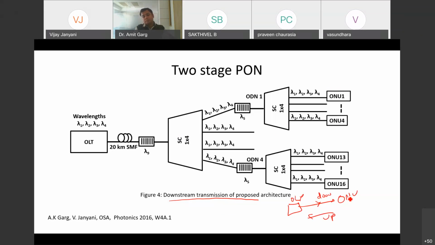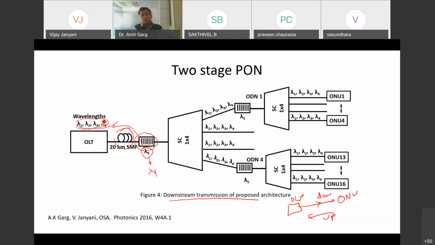In this case, the OLT has 4 transmitters, let us say lambda 1, 2, 3, and 4. This is the usual fiber, which has a 20 kilometer maximum length. Then you have an FBG here, tuned to a wavelength of lambda 9, let us say any arbitrary wavelength, which is not among these 4.